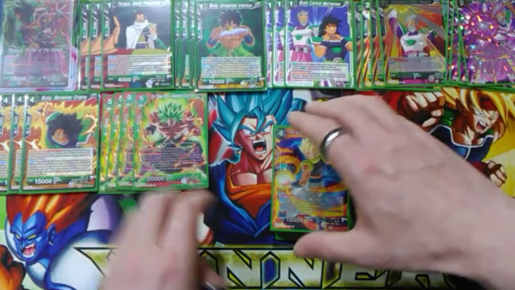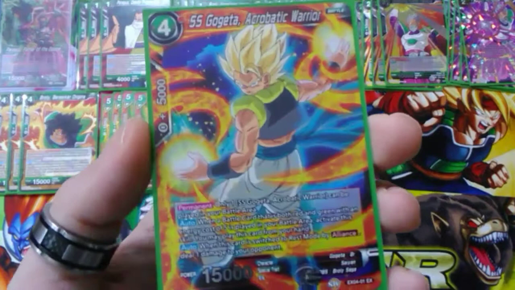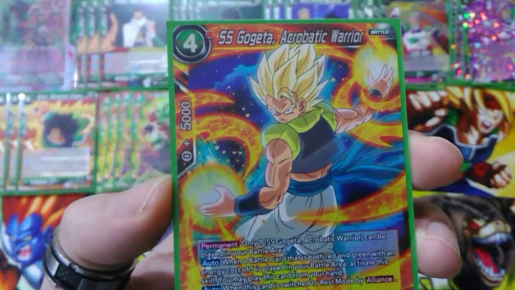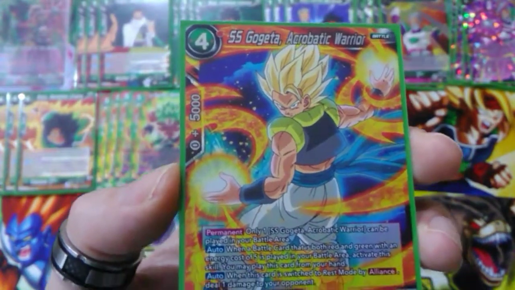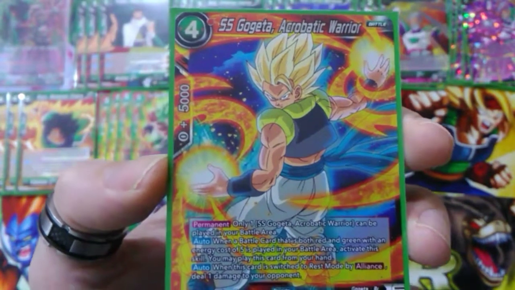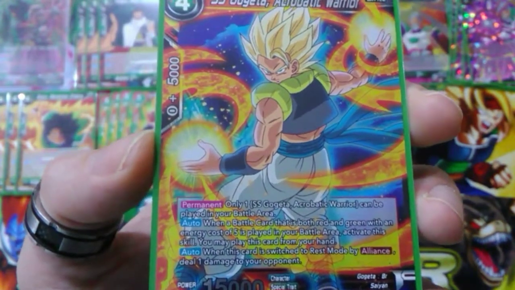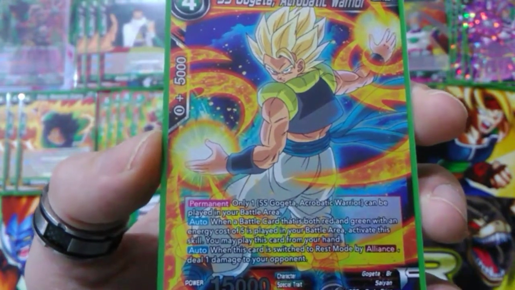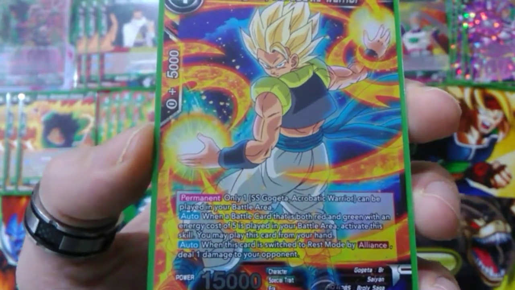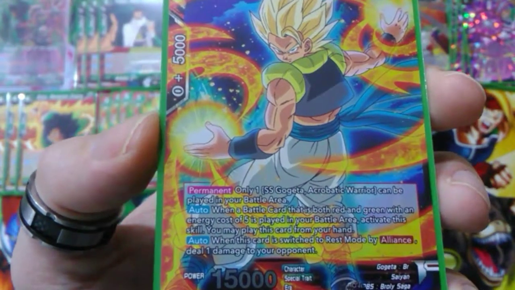And next up we have another very useful, awesome card for this deck profile. So 4 energy cost, 1 having to be red, so Super Saiyan Gogeta Acrobatic Warrior, and he's got a permanent of you can only have 1 Super Saiyan Gogeta Acrobatic Warrior in the battle area at a time, and an auto of when a battle card that is both red and green with an energy cost of 5, so the card